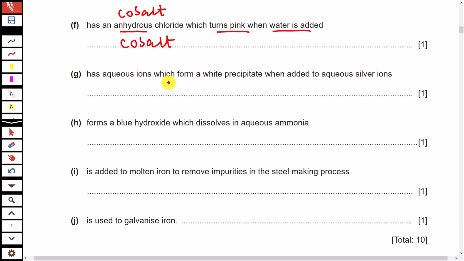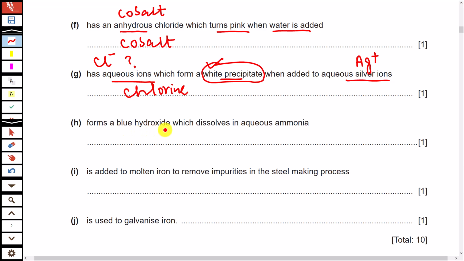Has aqueous ion which forms a white precipitate when added to aqueous silver ions. So one of the ions is silver ions, and when it is combining with some negative ion, it forms a white precipitate. We have studied about precipitates of silver with chloride, bromide and iodide, and we know that the precipitate of silver chloride is white. So here this ion should be chloride ion, and that chloride ion is from element chlorine